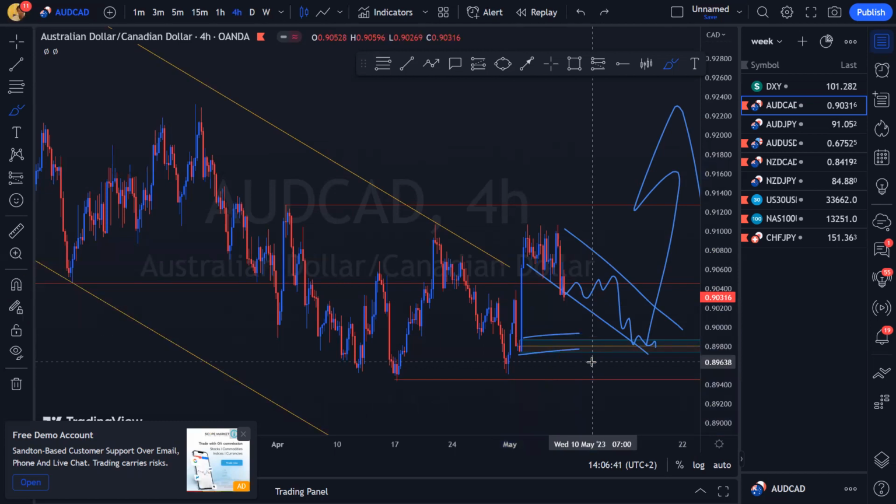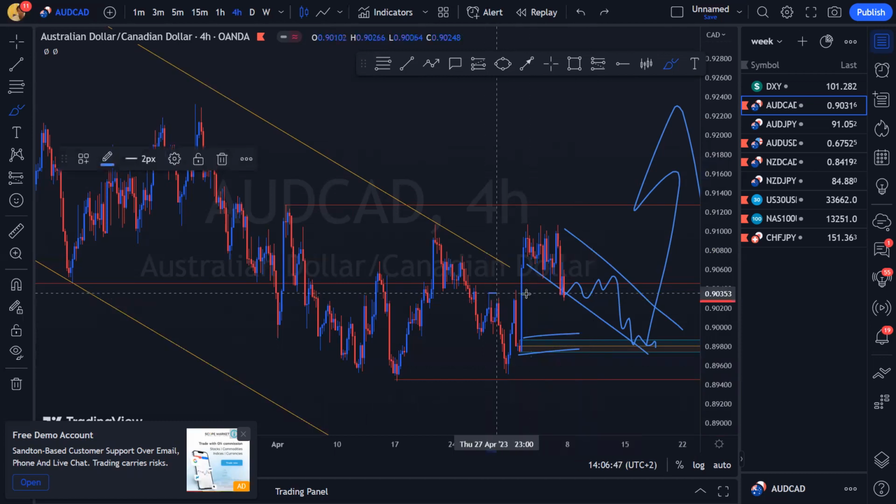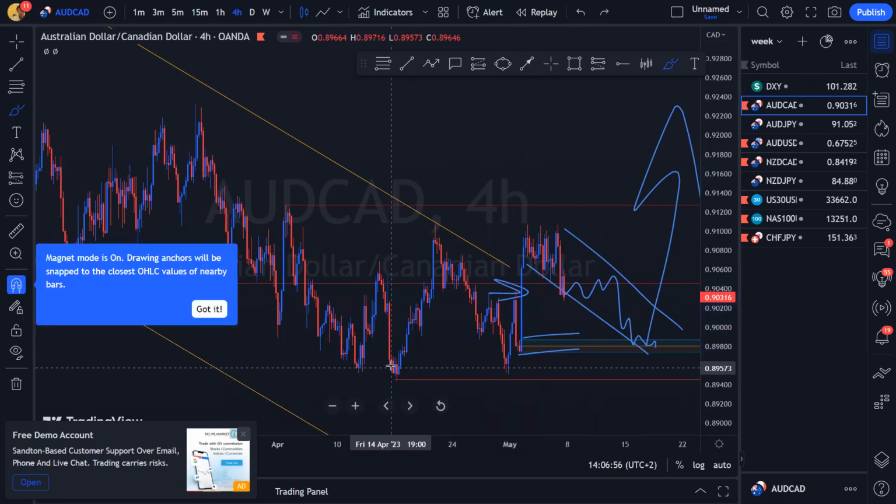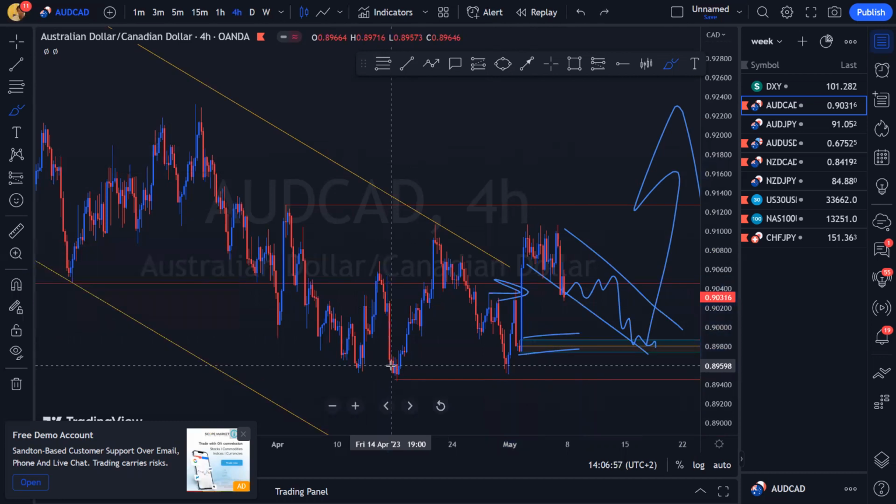New information that we've got is that we're stuck inside of a range, but within this range, there is someone that is willing to aggressively buy. Maybe we can say this is the last time we saw a bunch of aggressive sellers, but cool. Most recent price action obviously will tell us what buyers and sellers are doing in the moment or in the current environment. Nonetheless, we're 100% bullish on AUDCAD. This is the setup that we're looking at.